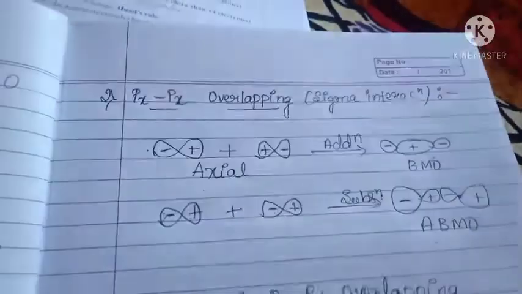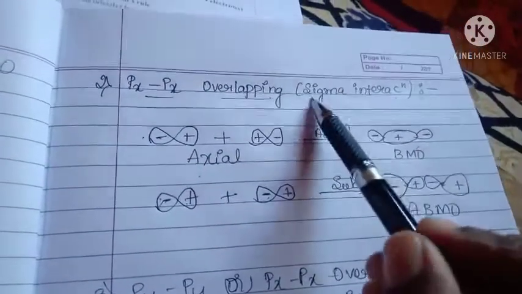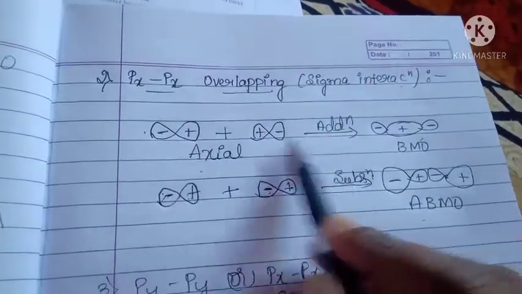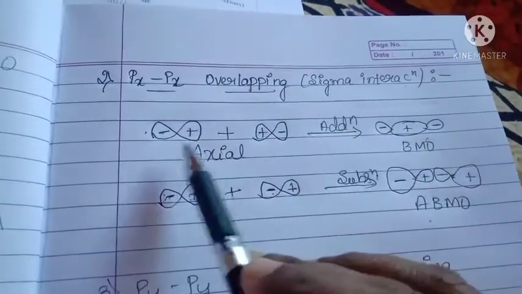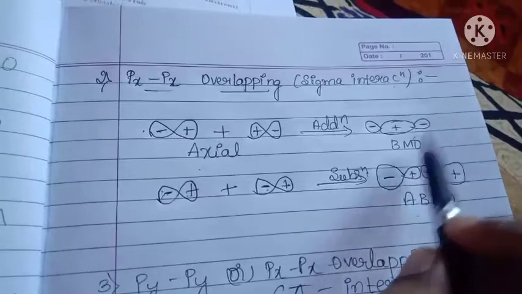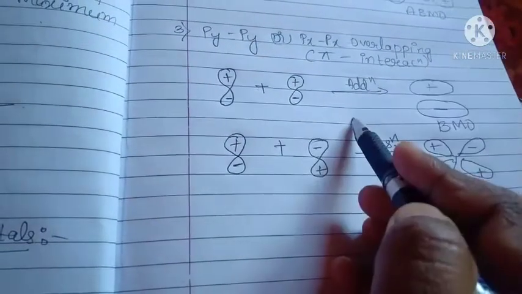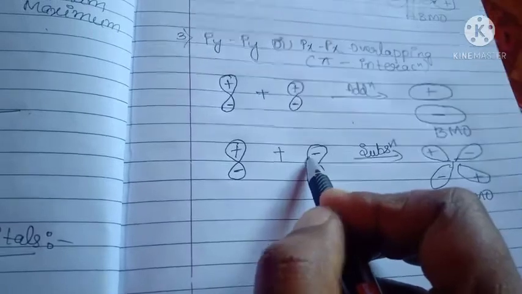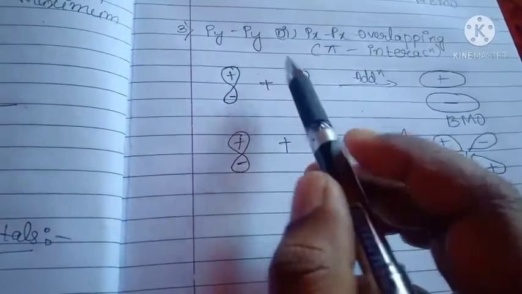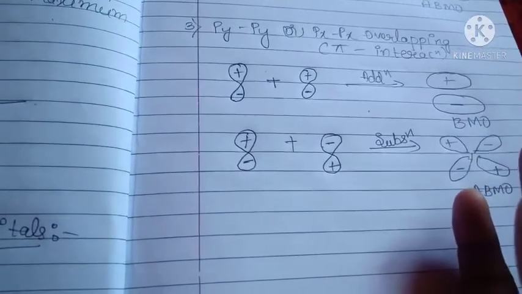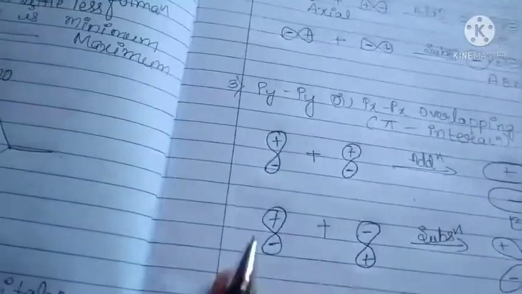Here for the p orbital there are two possibilities. One is sigma interaction, axial overlapping. When overlap happens on the x axis, that is the formation of a sigma bond. When it is sideways overlapping, on the y axis, that is the formation of a pi bond. This is all about the combination of atomic orbitals in different orbitals, s and p orbitals. And here are some conditions for linear combination of atomic orbitals.